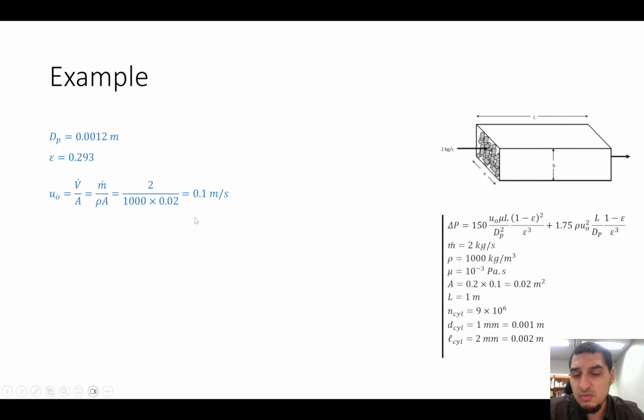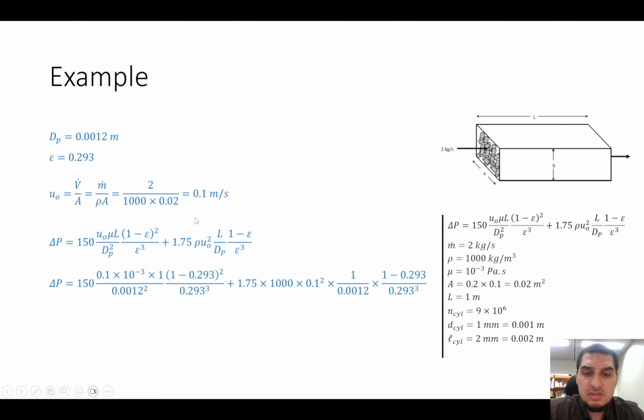So by substitution we can calculate U node, and the rest is just direct substitution in the equation, and we can calculate the pressure drop. So it's very simple and straightforward. There's just one thing to notice here, that the pressure drop is 6 atmosphere, and 6 atmosphere in a pipe